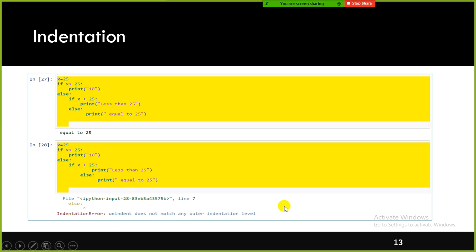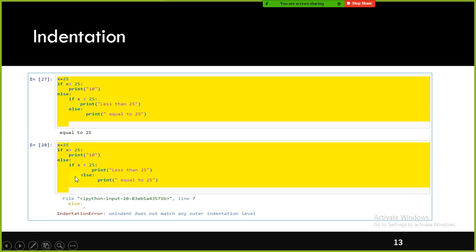The reason why I start with indentation at the beginning of the Python training is that most people make this mistake. If you write 50 or 100 lines of code, you will end up getting more errors because of this. While you write the code, if you take care of this side by side, you don't have to run into that kind of issue, okay. That is the reason why I am saying this.